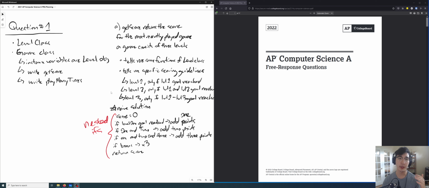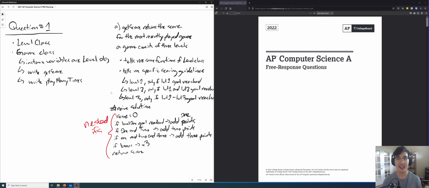As always, when approaching an FRQ, try to wait to code. Too many people try to get started with coding immediately, but if you can plan out a framework, then it's really easy to translate that framework into code. And the framework doesn't take as much time as the code. So after you make the framework, you can look over it and be like, that doesn't quite make sense, and you can edit it a lot faster.